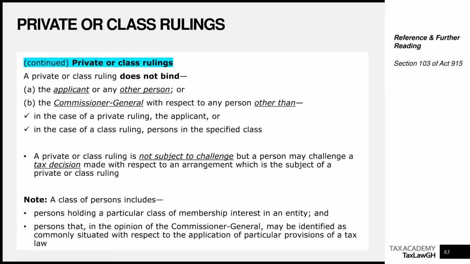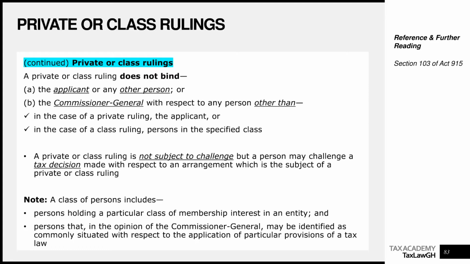So take note, if you see someone's private ruling, you can't say it binds the Commissioner General because he wrote it to a particular person. There's a common practice out there where people take a taxpayer's private ruling and say, okay, if the Commissioner General says the rate is 5% for you, then I also apply it. No. The Commissioner General gave the ruling to that particular taxpayer based on the particular information they gave him. So if you decide to rely on that information, take note, it is not binding on the Commissioner General. As the name implies, it is a private ruling.